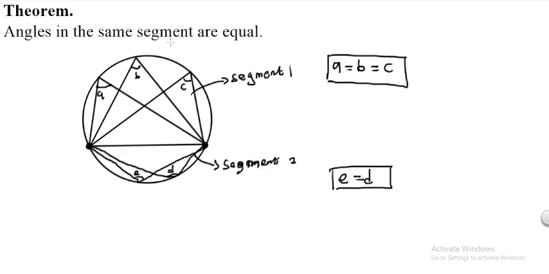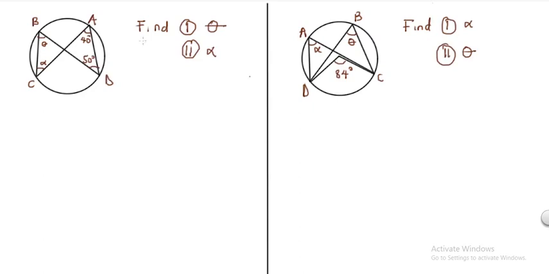Let's look at examples for you to understand better. So this example is clearly given here, and for this one we are told to find the angle theta and angle alpha here. The first thing we want to do is to look at angle theta and look at where angle theta is coming from. So angle theta is coming from this point here and this point here. So the arc of concern is this arc, right? Now we know that if an angle is being subtended from the same arc or chord as another angle, those angles are equal, okay? So if we want to look for another angle that's subtended from this same arc, another angle like that is this angle,